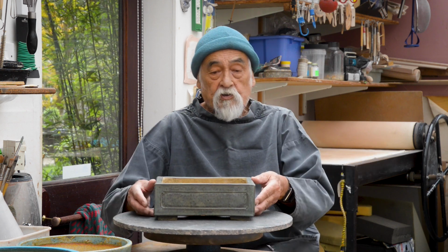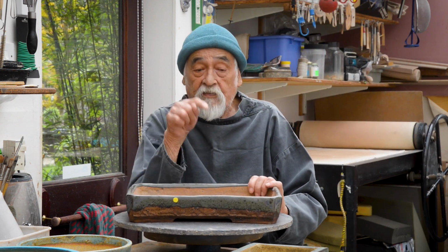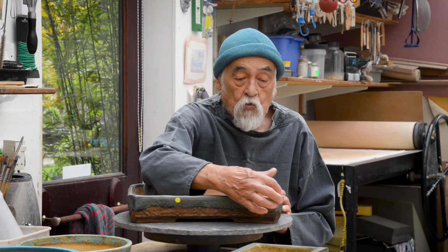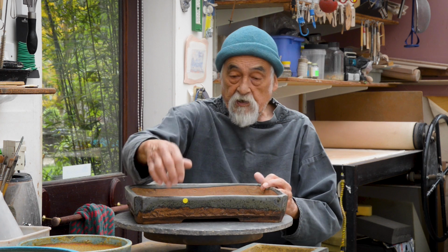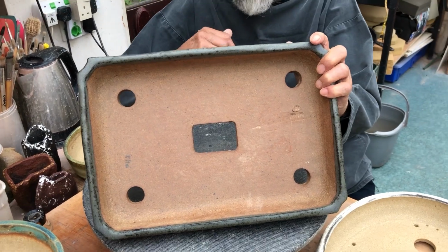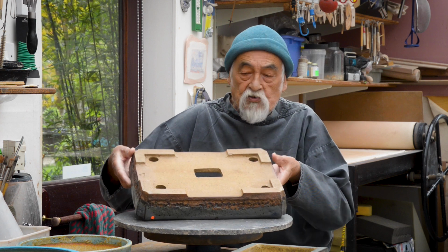I do have a couple of other pots here which I'd like to show you. This one here, oh, incidentally I should have said that that last pot was made with slabs of clay. This one, on the other hand, is coiled, and I've got incised corners. So by coiling, you've seen that on other videos, earlier videos that I've made, and I've got a texture on the bottom, big square hole here, very much inspired by the sort of holes that Gordon Duffett used to make, because he preceded me with potting, and again a different style of foot to the ones that I do nowadays,